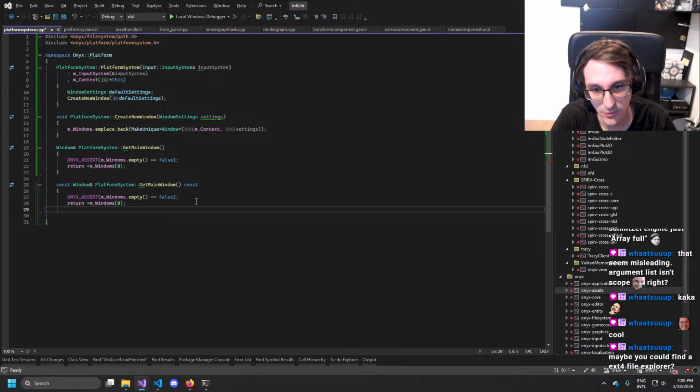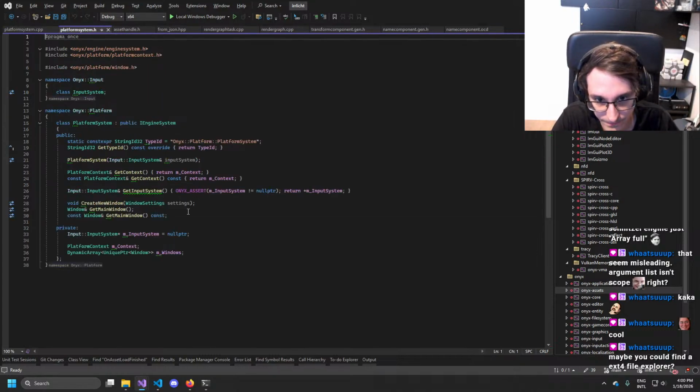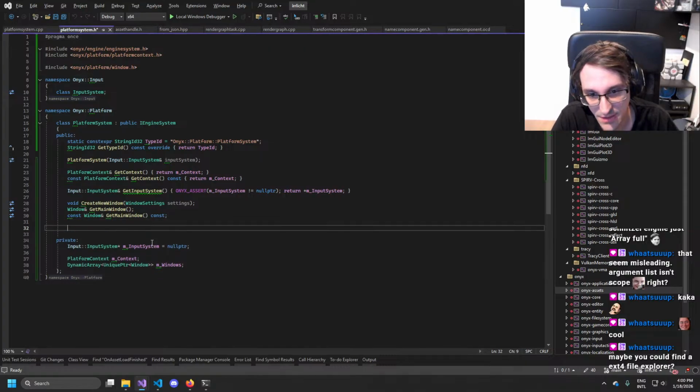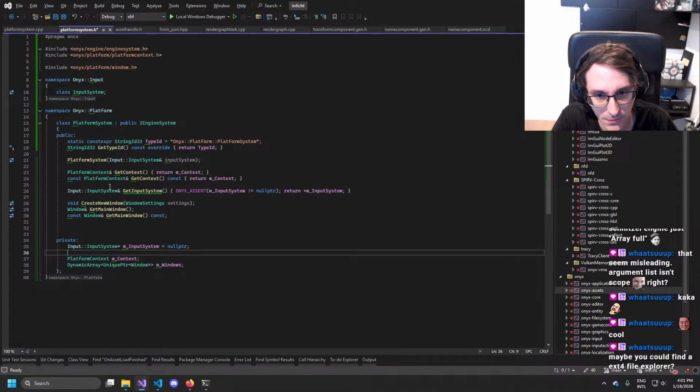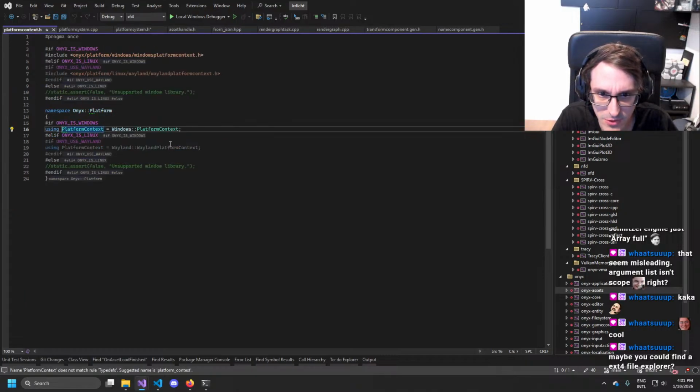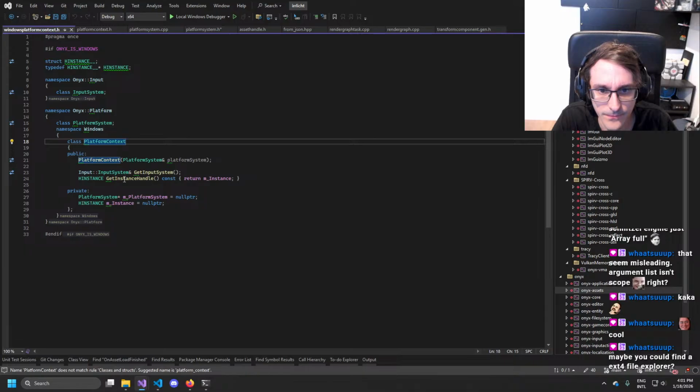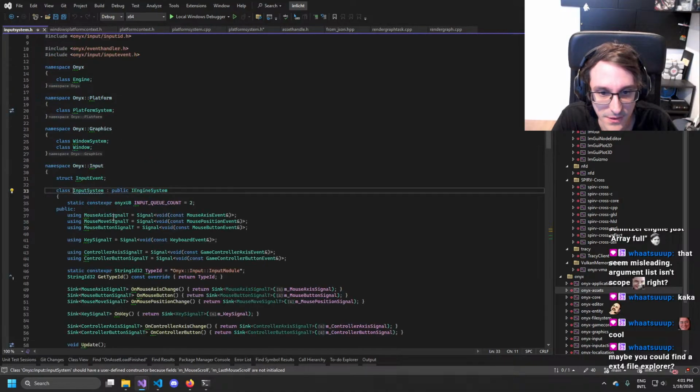So I think currently in platform system, I am creating a new window by default, which is probably not how it should be. And it definitely shouldn't be like that. So I think what I would want to do is add a new signal here. Is a platform context? Which one does have the signal here?